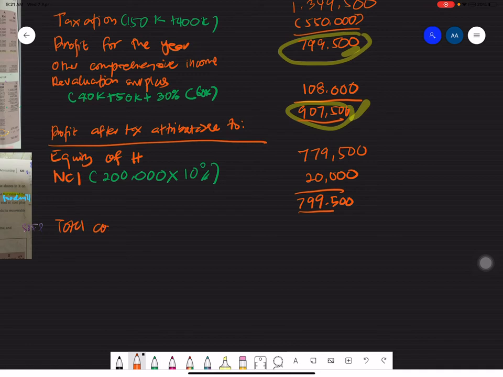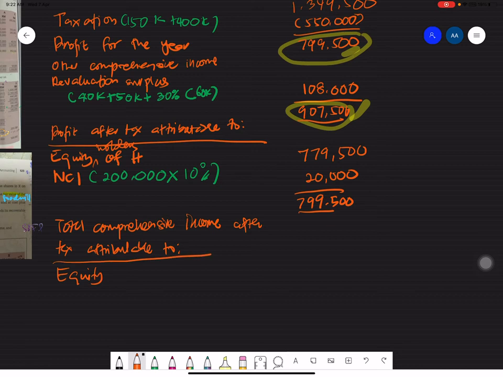Total comprehensive income after tax attributable to first the equity holders of H,